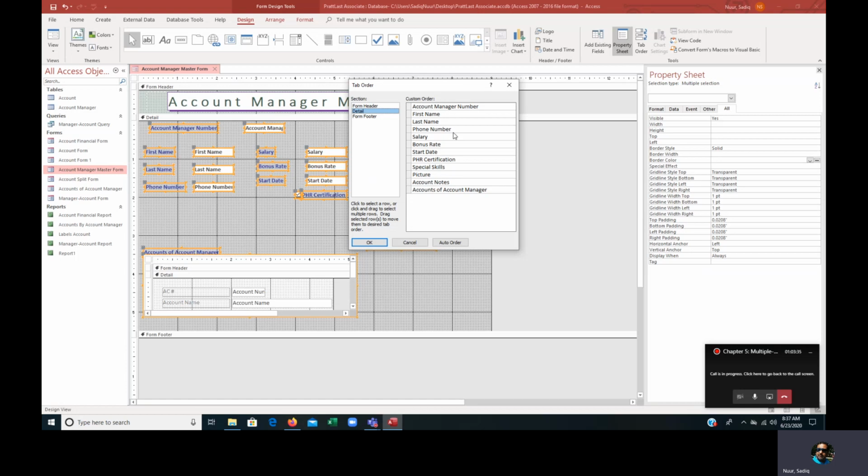Right? So we did that. So if you want to change any of these, you can do so. Then how are you going to change it? You can just move your cursor and drag it. You can drag it wherever you want that to be here. And then